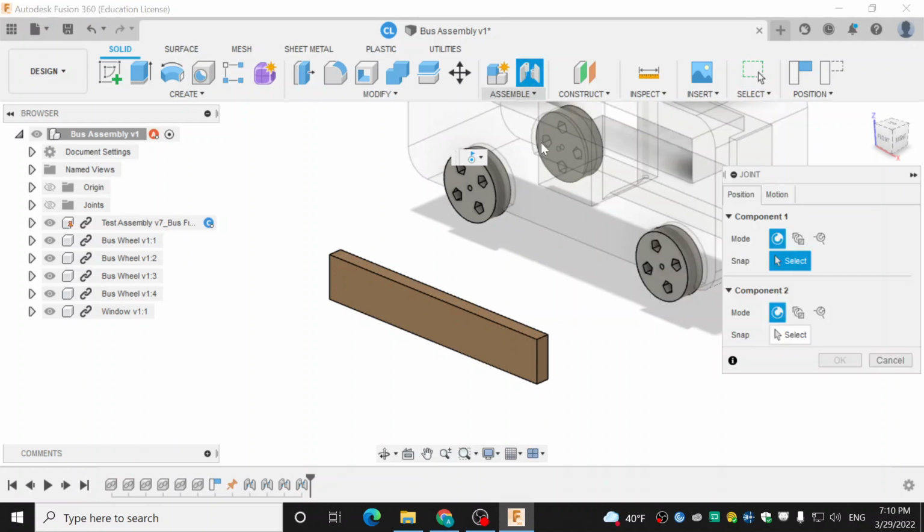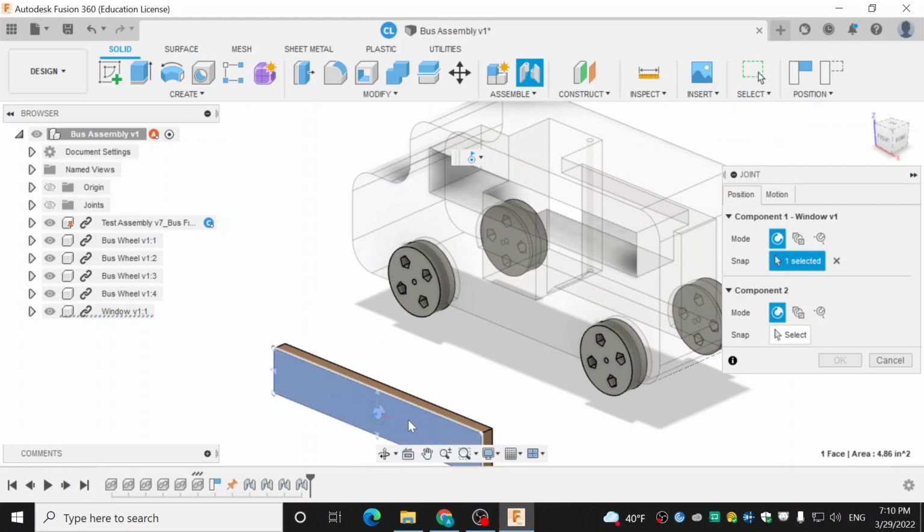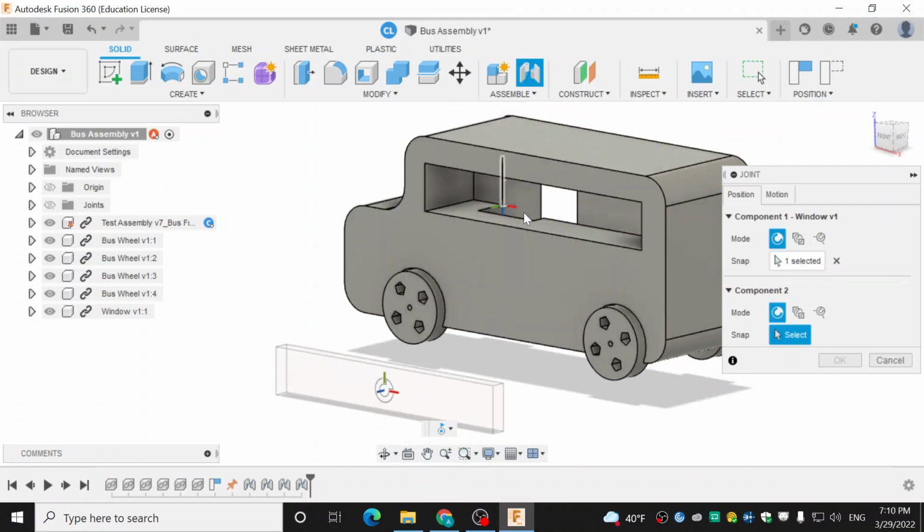The issue was I selected a point on here that did not exist in our bus frame. I chose the middle part of this surface, but we don't have a middle point on that window. And so there's no way to align it in a way that we find intuitive. So what I'm going to do is go